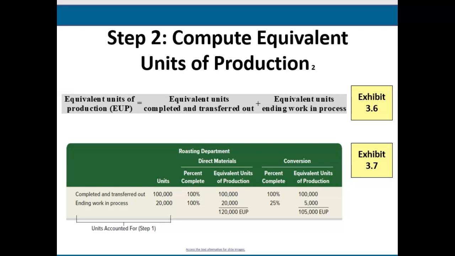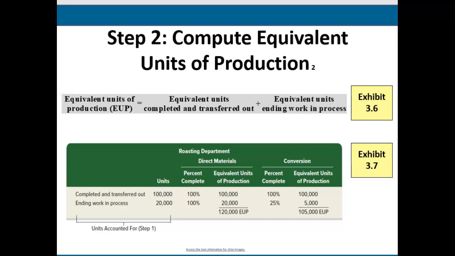Ending work in process inventory has 20,000 partially complete units. Direct materials is 100% complete. This means it has 20,000 EUP, or 20,000 units times 100%. Conversion is 25% complete. This means it has 5,000 EUP,